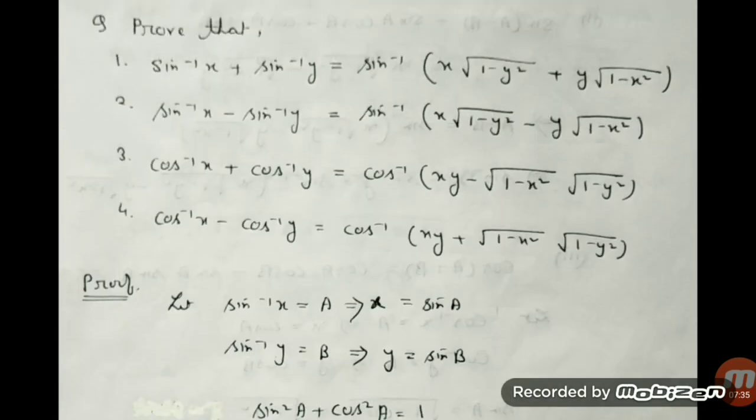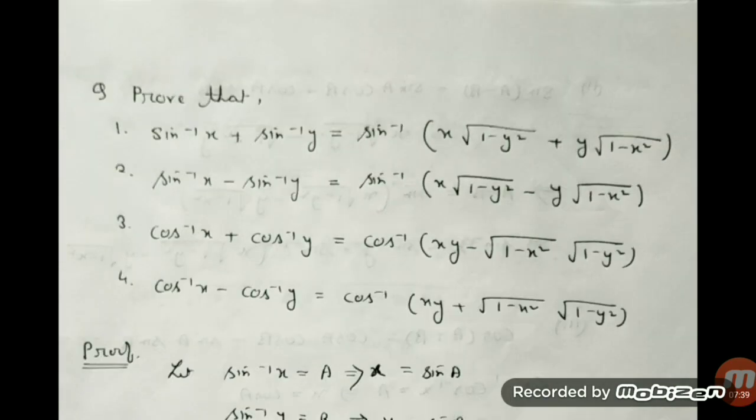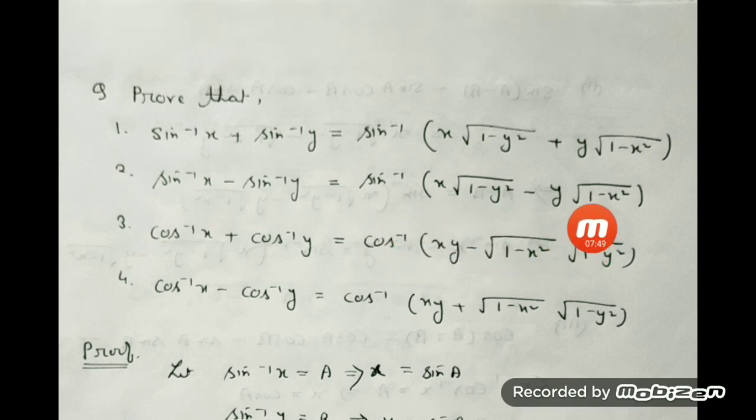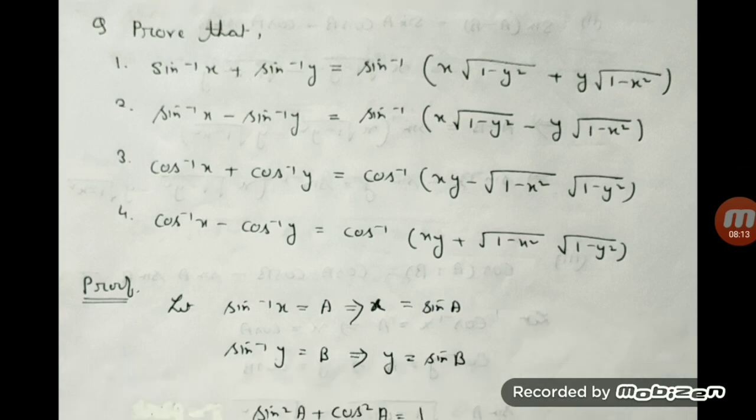Let us go to the next one. Next, you see, you have here sin inverse of x minus sin inverse of y, that is equal to sin inverse of x into under root of 1 minus y square minus y into under root of 1 minus x square. So here you see it is similar to the previous one, only the sign is different. What is the difference between both questions? The first one is positive and the second one is negative. So the substitution is also the same as the first one. Since it is similar to the previous one, we don't have to do the substitution again, so let us proceed to the next question.